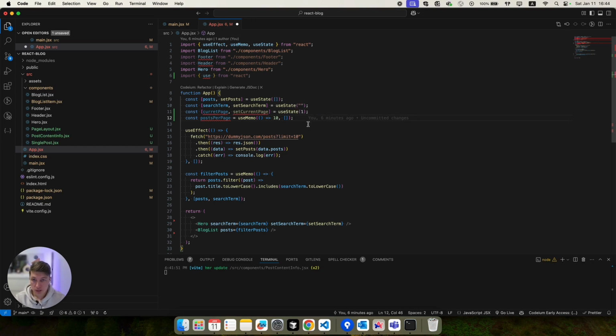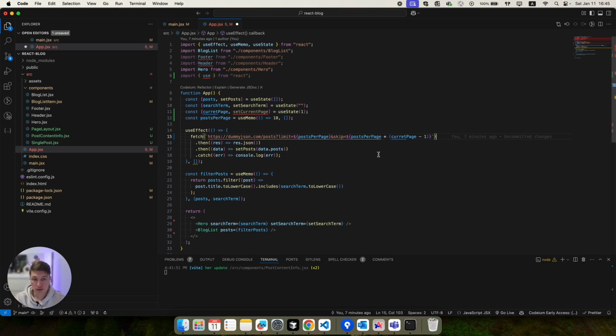Now we need to change our fetch URL a little. So instead of this limit equal 10, we will use our variable posts per page, and also I will add another parameter called skip. So we will skip some amount of posts for each page. For example, if we open page 1, the first page, we don't need to skip any posts.